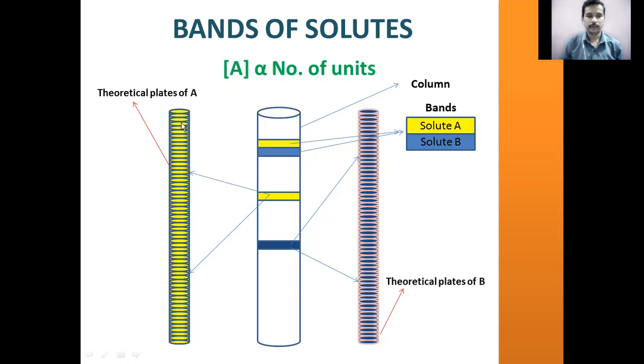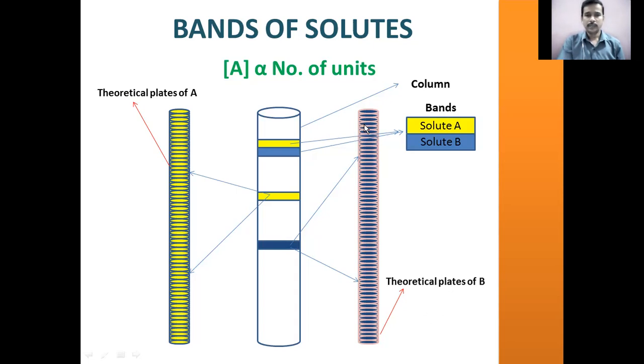These discrete units will vary from 2.5 lakhs or 1 lakh or 50,000 or 25,000 or 4,000, etc. Especially if you are working with any chromatographic system, there are standard guidelines. If the analyte has the ability to give this many discrete units, that is theoretical plates, only then do we consider the elution of that analyte. Otherwise, that chromatographic procedure will not be suitable. So don't worry about that. The individual discrete unit which is segregated in this band is known as a theoretical plate.